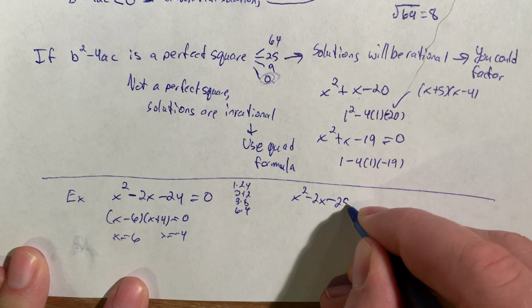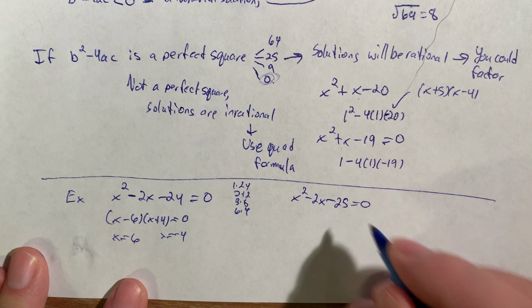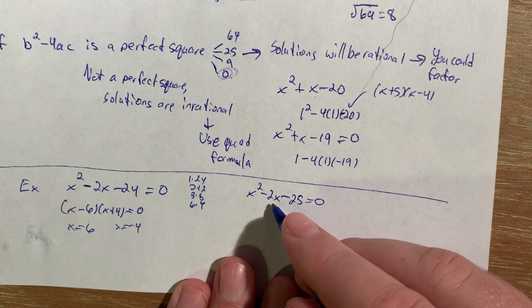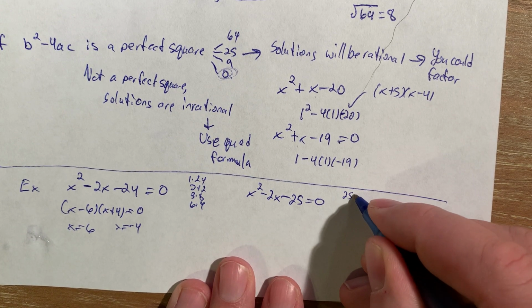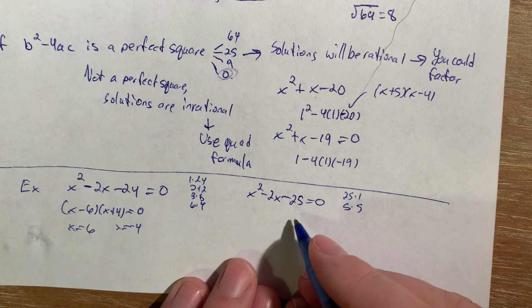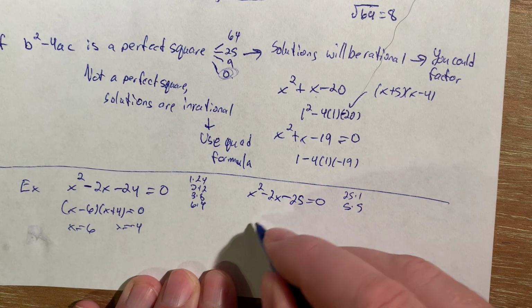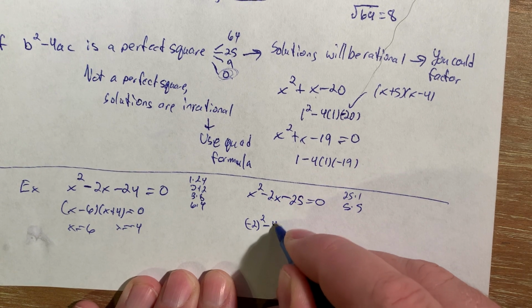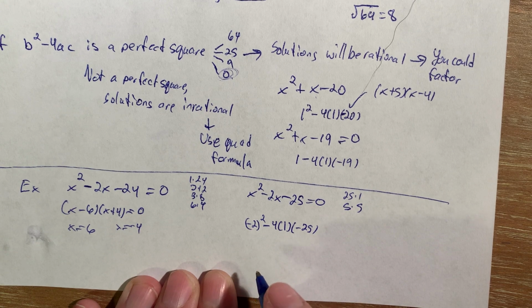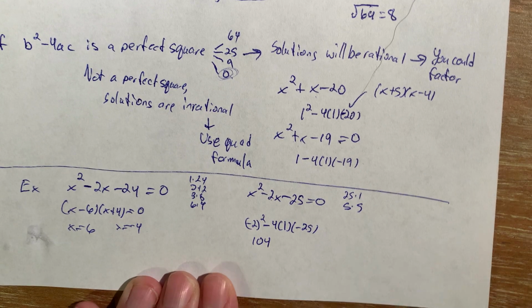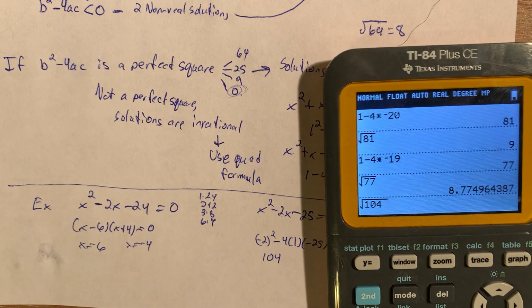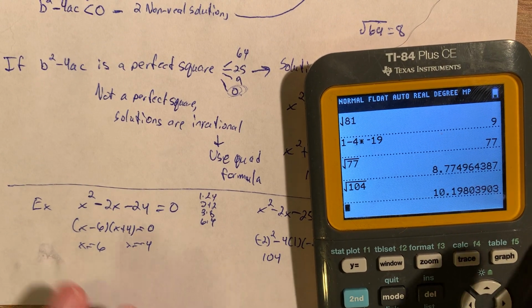If I can't see it right away, so I'm trying to solve this one, I'm going to look at what multiplies to make 25, so 25 and 1, 5 and 5. I don't see a way to make negative 2, and so I'm going to do b squared minus 4ac. When I do that in my calculator, I get 104. And when I take the square root of 104, it is not an exact number,